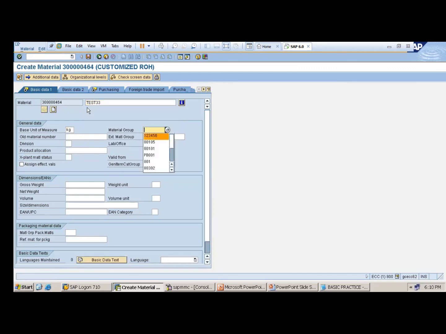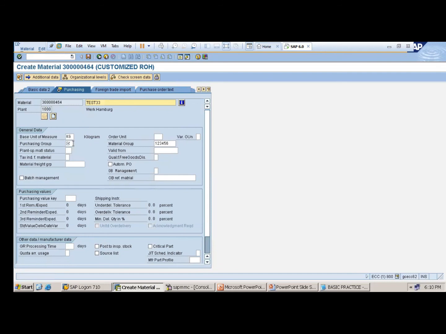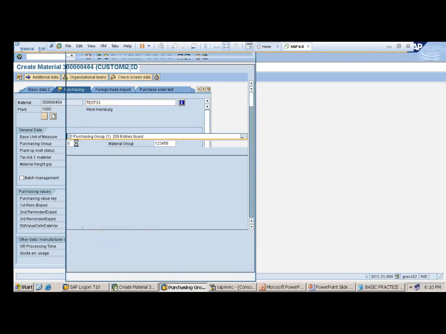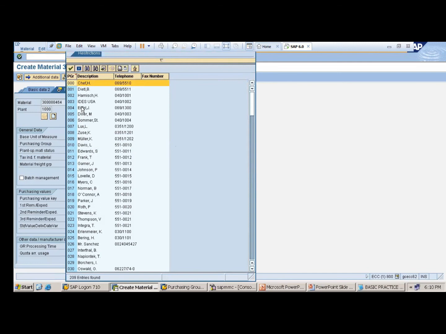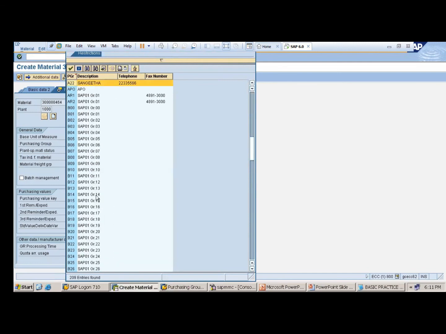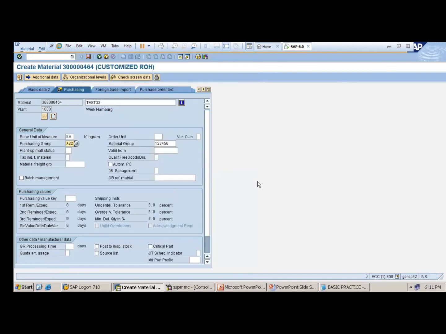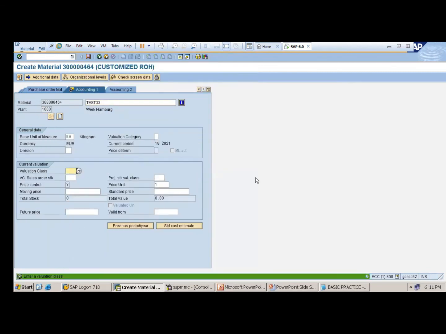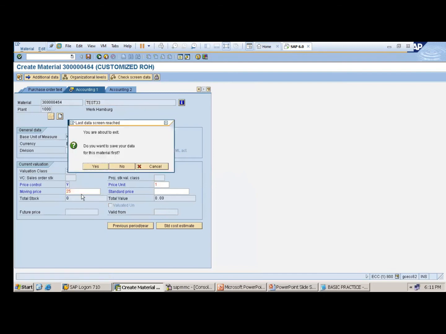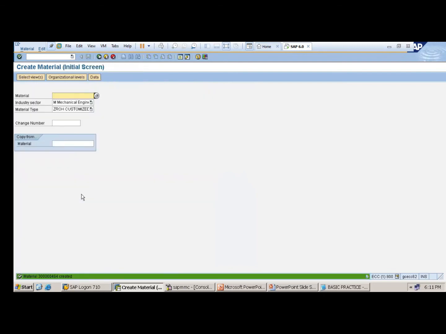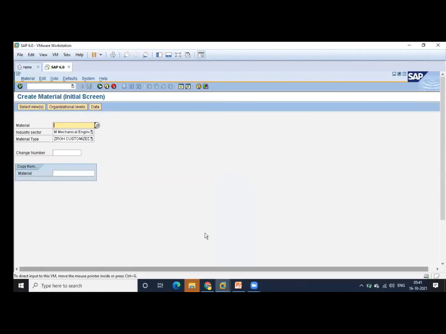Base unit of measure kg, 1, 2, 3, 4, 5. Purchase group. So what I have given? A22. Enter. Enter. 3000. Then here 25. Enter. So this is all about the backend settings.